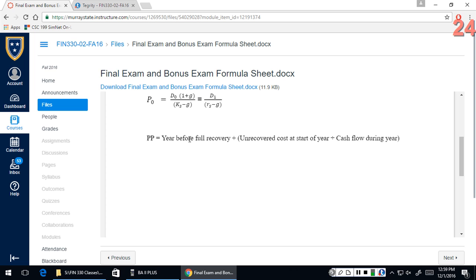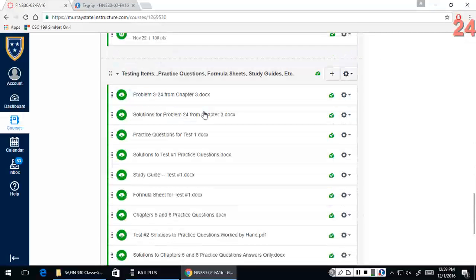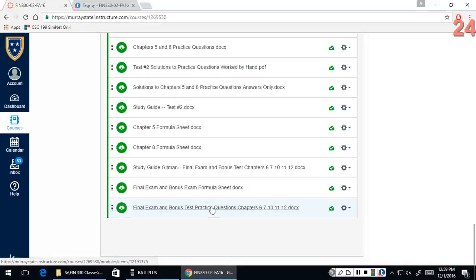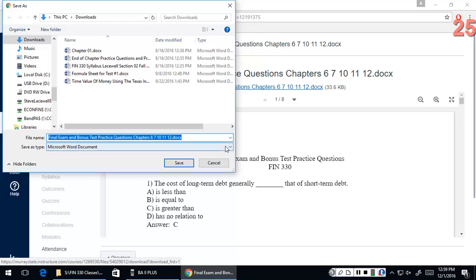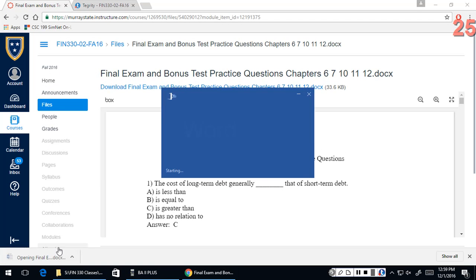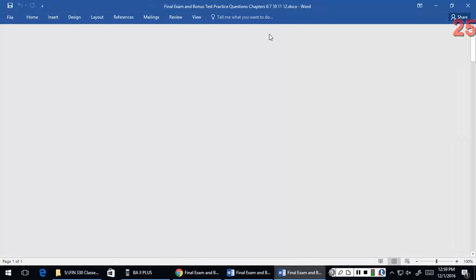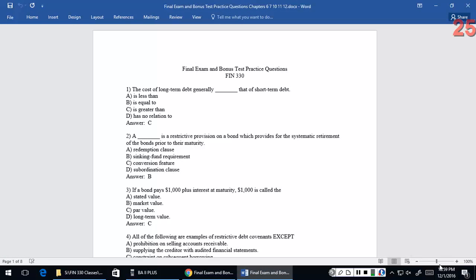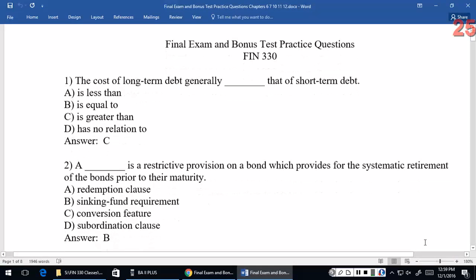Okay, so I saw a couple of you nod your head. I saw some of you shake your head no when I mentioned going over practice problems. But since we're here, we might as well go over some of these. We'll just hit some of the high points. Some of it's just theory questions, so you're not going to have any trouble here. You'll notice the answers are given to you after each question.